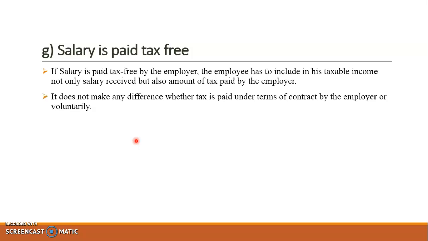आपको हमेशा अपने दिमाग में रखना है कि सैलरी भले ही टैक्स फ्री हो चाहे टैक्स हो, हमें हमेशा टैक्स के साथ उसको कंप्यूटेशन दिखानी है. अपनी जो टैक्सेबल इनकम की कंप्यूटेशन है उसमें हमें टैक्स हमेशा जोड़कर दिखाना है. उसके बाद जब ग्रॉस सैलरी आ जाएगी उसके बाद जो टैक्स बनेगा वो टैक्स हम उस टाइम दोबारा दिखाएंगे कि ये हमारा टैक्स पे हो गया. ठीक है, तो it doesn't make any difference whether the tax is paid under terms of contract by the employer or it is voluntary. ठीक है, it will not make any difference. आपको हमेशा टैक्स इंक्लूसिव रखना है अपनी टैक्सेबल इनकम में. जब तक आपकी ग्रॉस सैलरी कैलकुलेट हो रही है सब कुछ आप इंक्लूसिव रखोगे. उसके बाद टैक्स पेमेंट के टाइम पे आपके एम्प्लॉयर ने अपनी मर्जी से जितना टैक्स पे कर दिया है वो वहां पे डिडक्ट हो जाएगा. तो इन शॉर्ट आप पे कोई बर्डन नहीं आएगा, but this is how you have to show it to the